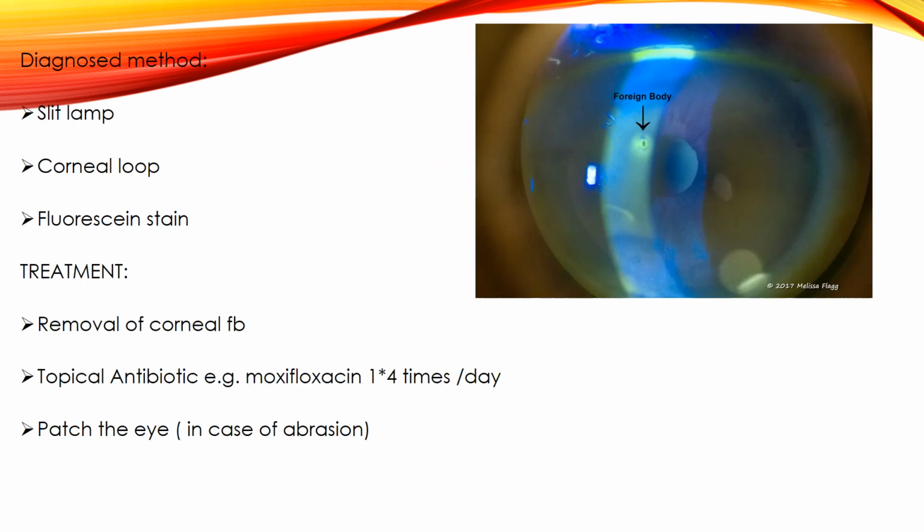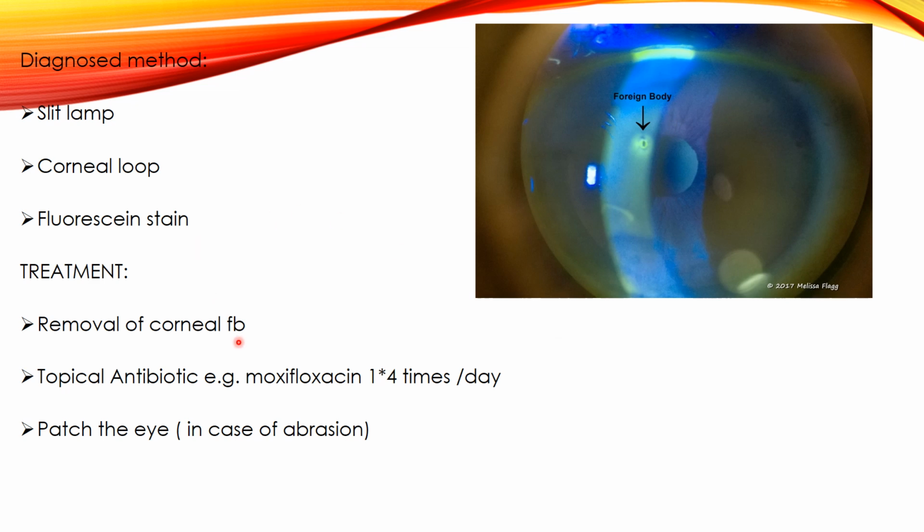The diagnosis method is the same as for corneal abrasion, but in case of a corneal foreign body, you can also find it with a corneal loupe. When the stain is positive, you will notice the surface of the corneal foreign body is bright green in color. And in case of a corneal foreign body, always look for the DM fold, that is Descemet's membrane fold. There is a 90% chance of Descemet's membrane folds in case of a corneal foreign body.